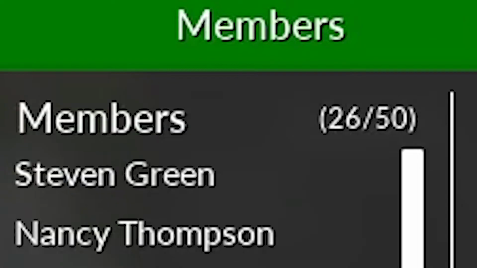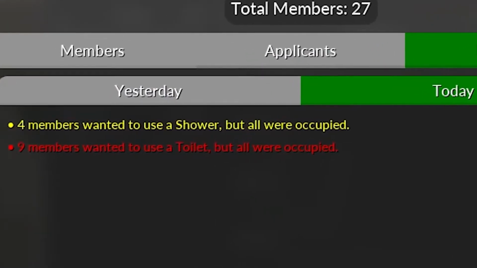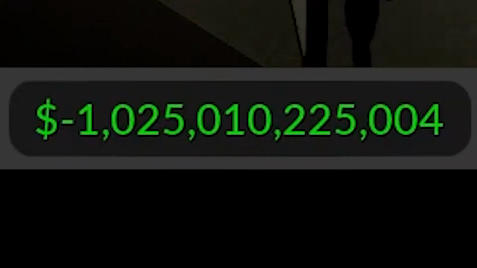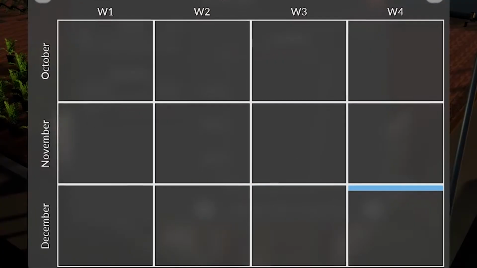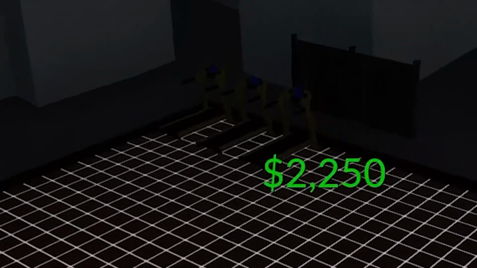Currently sitting at 26 out of 50 members, with the only complaints being about the toilet and the showers. At this point, I really can't afford to do anything, so kind of have to suck it up. We ended up passing negative 1 trillion, so congratulations, I guess we did it. Finally, in the last quarter of the year, just watching all of our finances go down the drain. Also, in other news, we're currently sitting at 42 out of 50 members, but being that we have nothing else